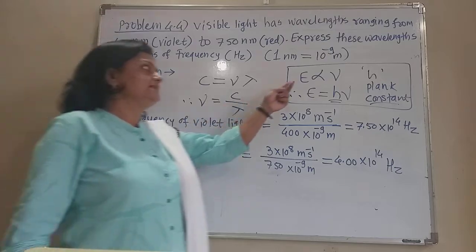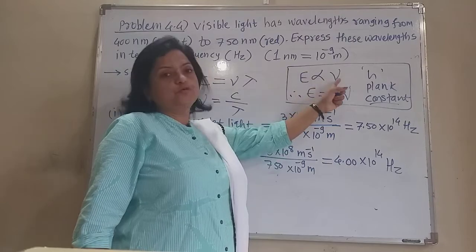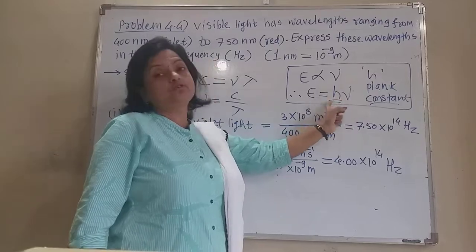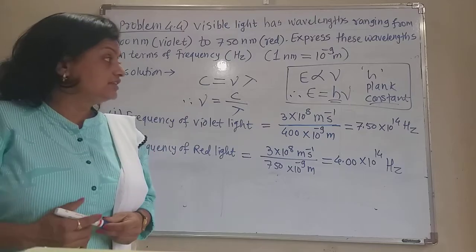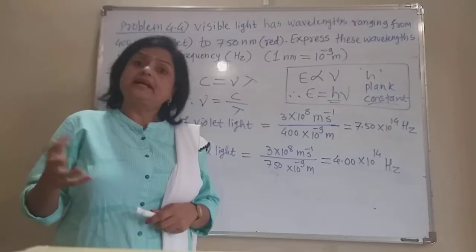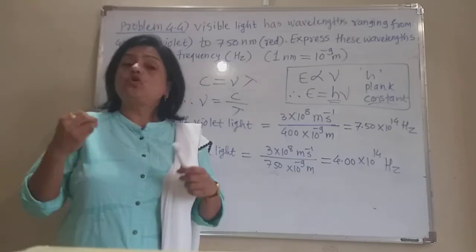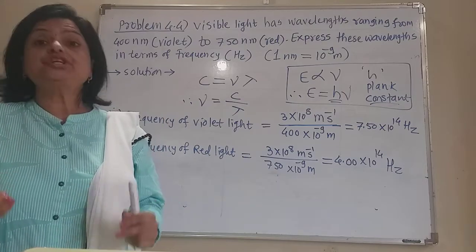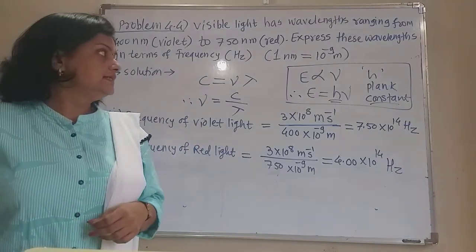The relation between the frequency and the energy of light is in this way: the energy of the photon is directly proportional to the frequency, and therefore E = h ν. h is called the Planck constant because Max Planck in 1900 gave this relation, and he told that light has particle nature, which he called the quantum. So quantum is nothing but the smallest quantity of energy which can be emitted or absorbed by a body. This is about today.